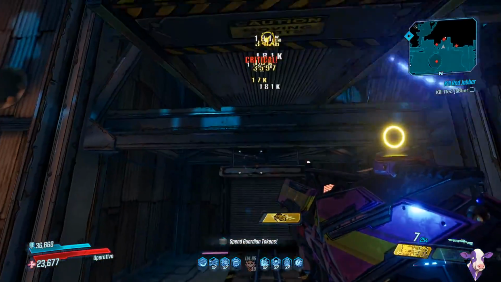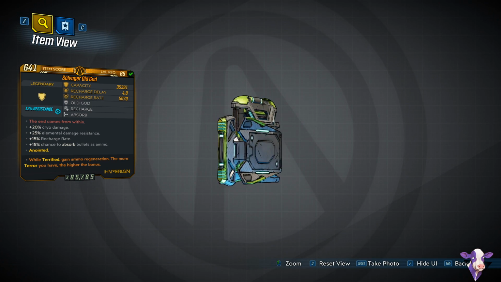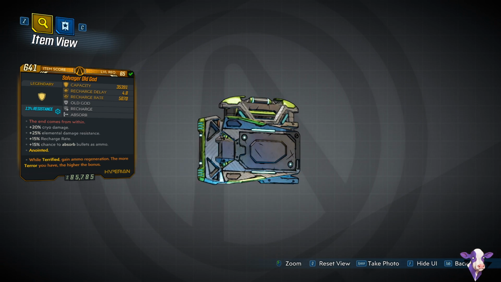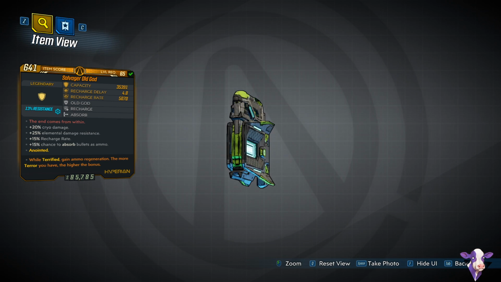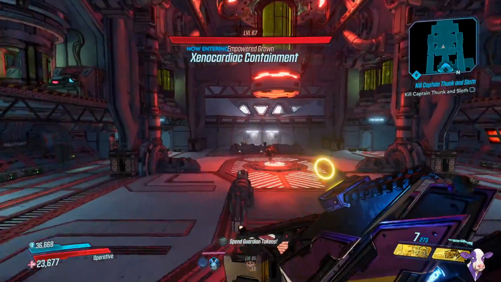number 4 slot. Now, coming in at number 3, this one has to go to everybody's favorite shield in the game, the Old God shield and the Transformer. Now, the Old God is honestly the only shield you will want to farm with the Terror Ammo Regen Anointment,